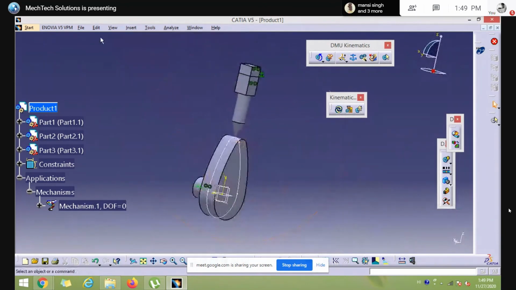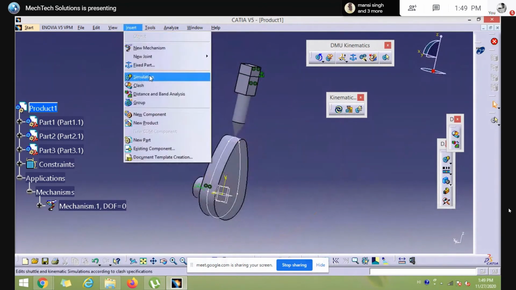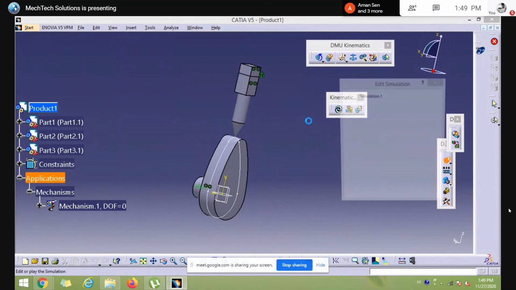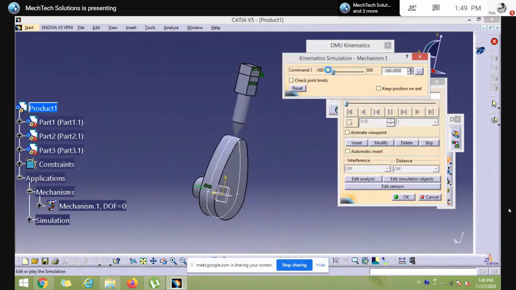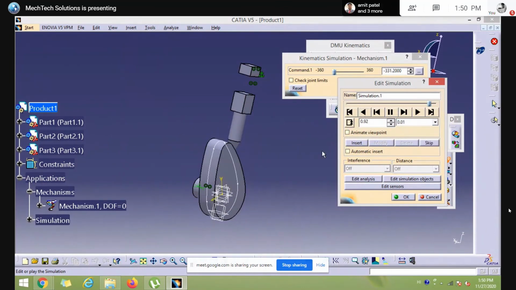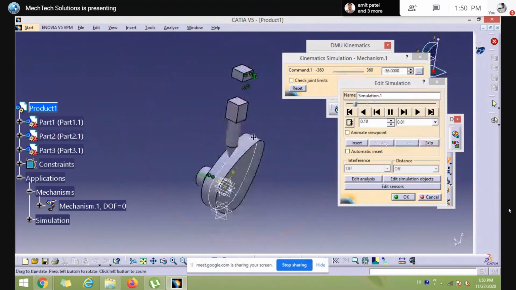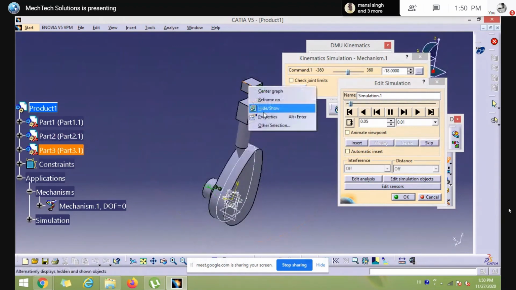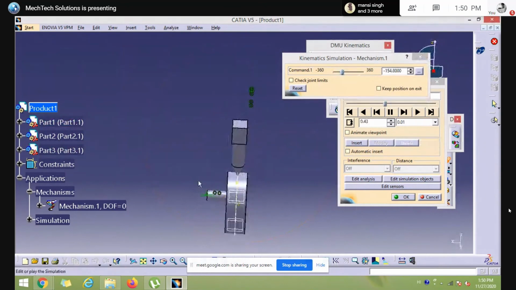For simulation, the same steps we need to follow. Click on simulation, then select mechanism one, 360, and then 0.01. Now we have created the cam and follower mechanism. Here I'm going to hide this part and this part also.